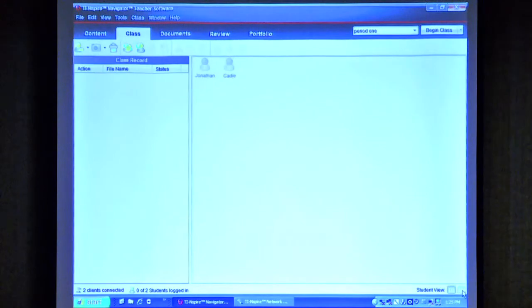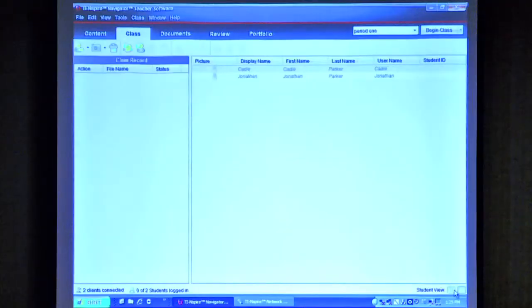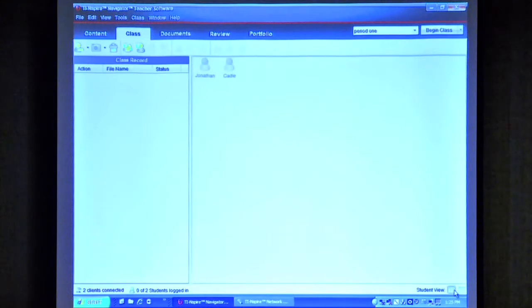There's two icons there. One is classroom view where you have the little icons, and the other is list view where you see their usernames. So when a student forgets his username, you can click there and pull it up. Sometimes, especially at the beginning of the year, you go on break for Labor Day, and you come back, and they forget. You can pull this up real quick, okay? But typically, I leave it in display name,